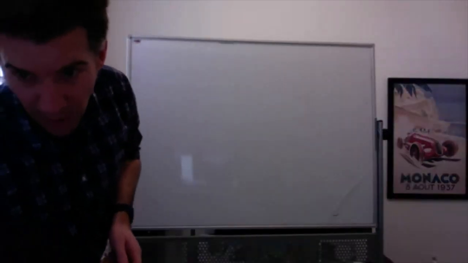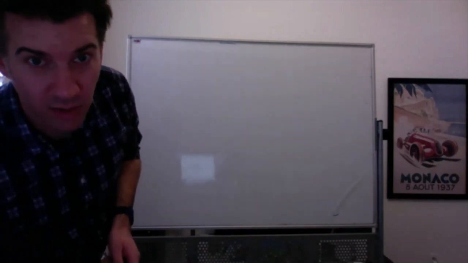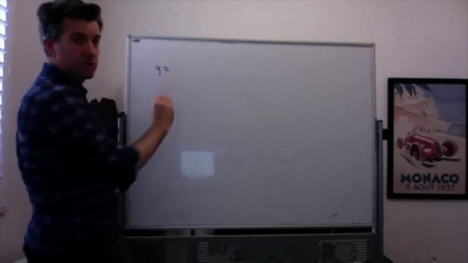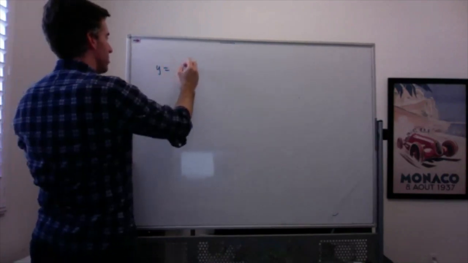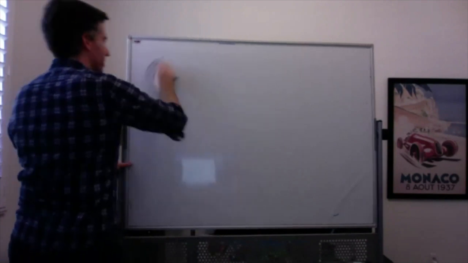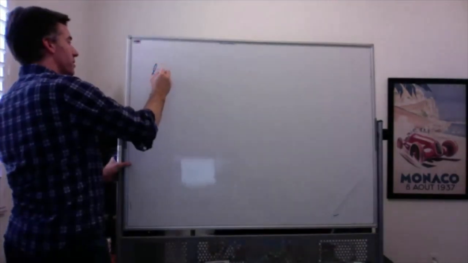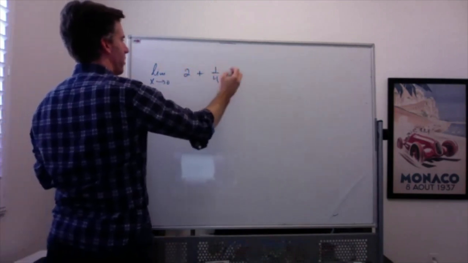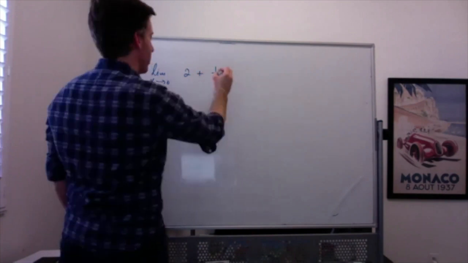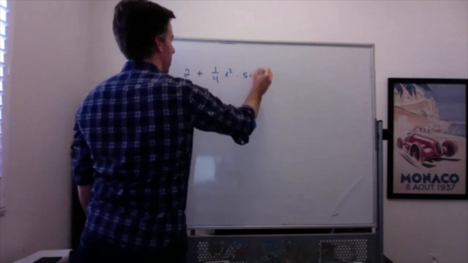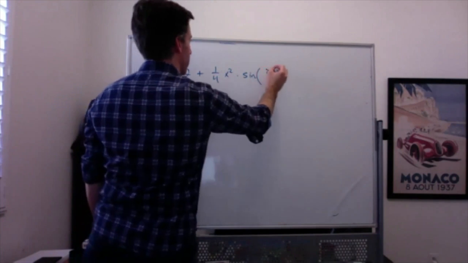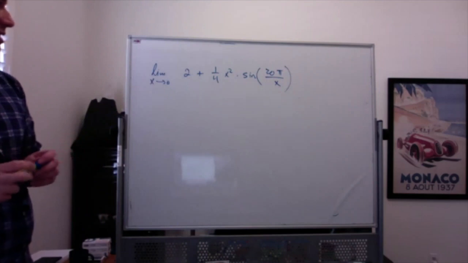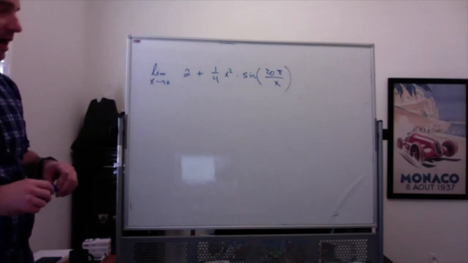Let me change this one up just a little bit. I want to find the limit as x approaches 0 of 2 plus 1/4 x squared times sine of 20 pi over x. And that definitely looks terrible. And again, really,